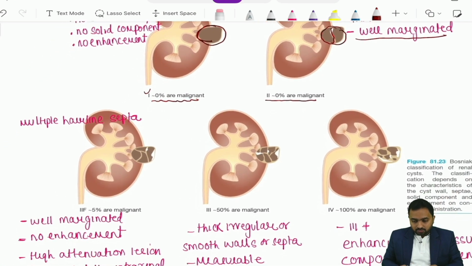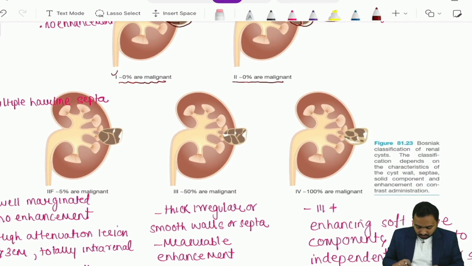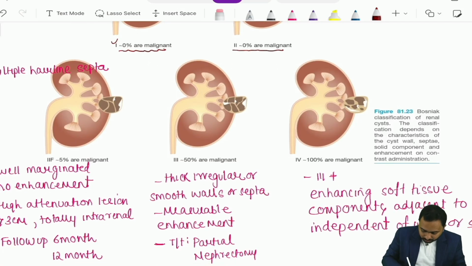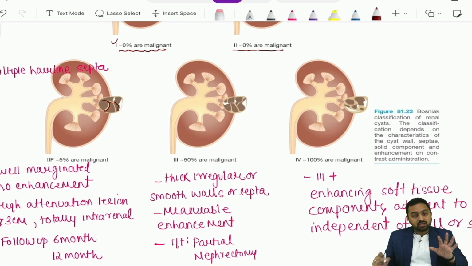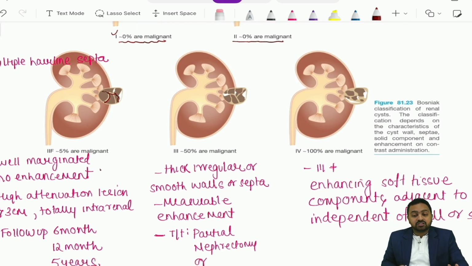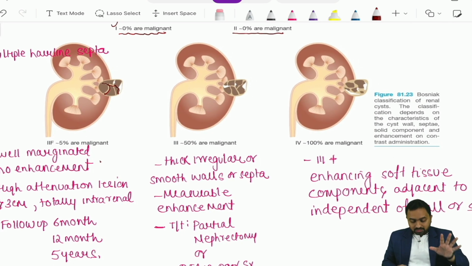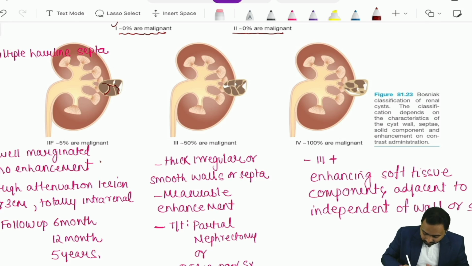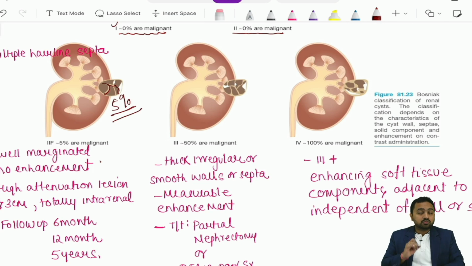Now if you look at this third image, you find that it has multiple hairline septa, which are again well marginated. They do not have any enhancement and have a high attenuation lesion, which is around more than 3 centimeter, and it is totally intrarenal. So this has a risk of around 5% malignancy. So what you need to do in this patient is a follow-up at 6 months, 12 months, and